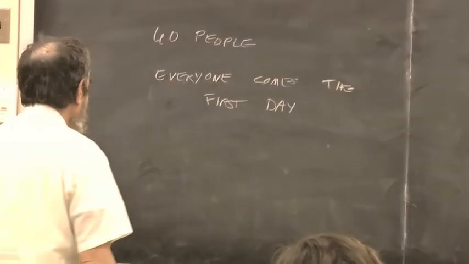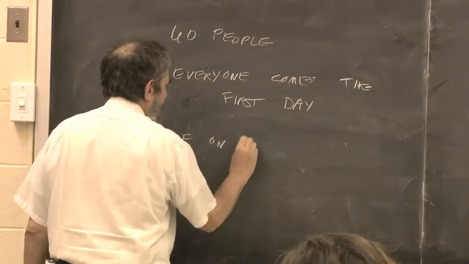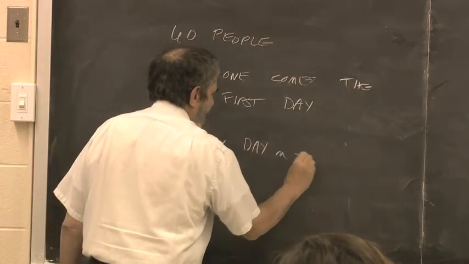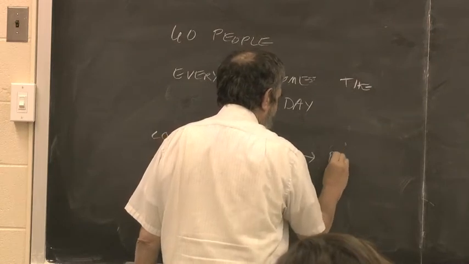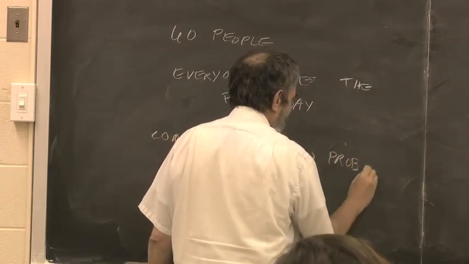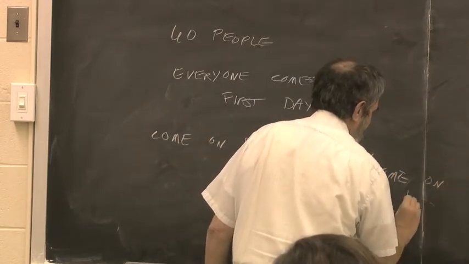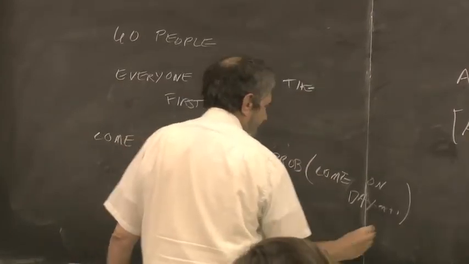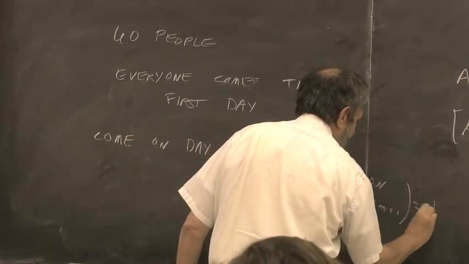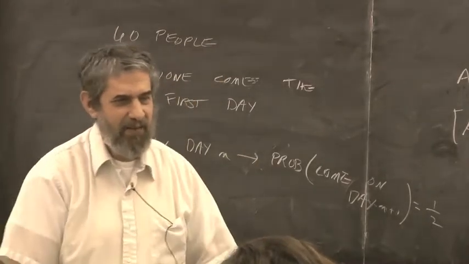So if you come on day n, you have a 50-50 chance, a probability of 1/2, of coming on day n plus 1. So in other words, those people who come on one day, half of them come the next day